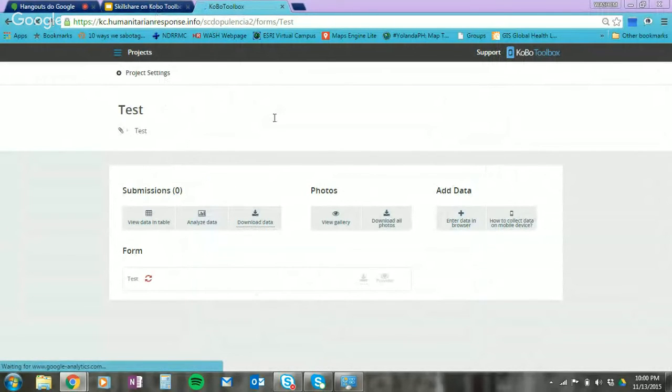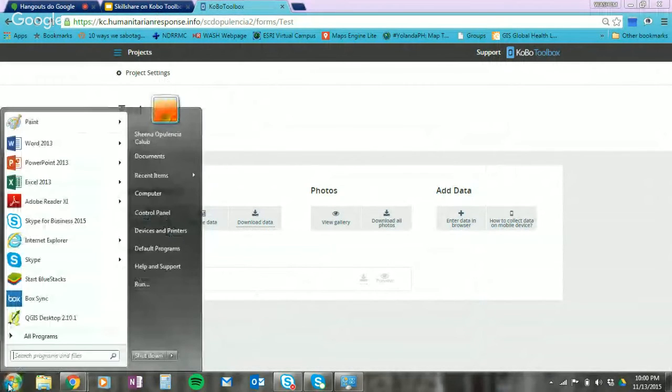So next, what we're going to do is show how your form looks on a mobile device. So first off, you would need to download